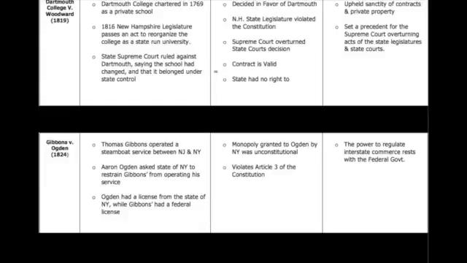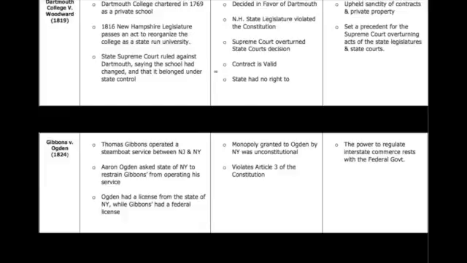And the significance of Dartmouth versus Woodward is one of contracts. Dartmouth was formed when the United States wasn't a thing. It was chartered when England had dominion over the colonies. And when the state of New Hampshire in 1816 said, hey, let's make this a public school, Dartmouth was like, hey, wait a minute, we have a contract here. And the state basically said, yeah, but that was with England. We're America now, so tough. But Marshall and his court decided in favor of the contract. They had a legal binding contract, which means that it cannot be broken. And that's the significance of that court case.